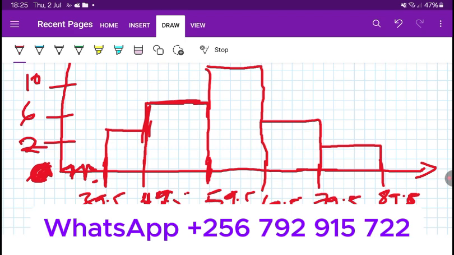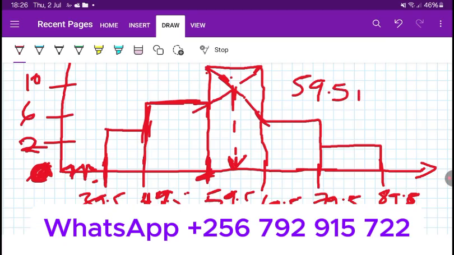That's it. If they want you to get the mode, of course you just connect these corners here. Then even this corner, you take the highest bar, then you connect. So don't expect me to talk about how we find the mode using this. Just know this is how we get it. You draw a line moving downwards, then you start interpreting your graph. So we are starting from this. It is a 59.5 plus